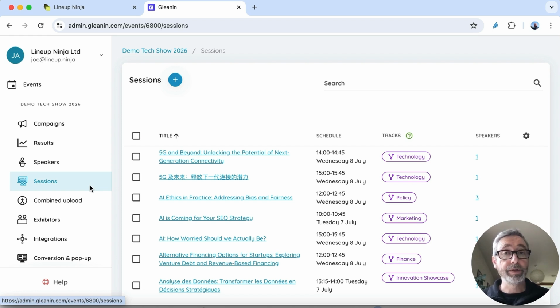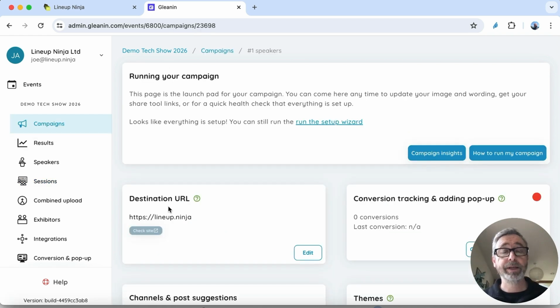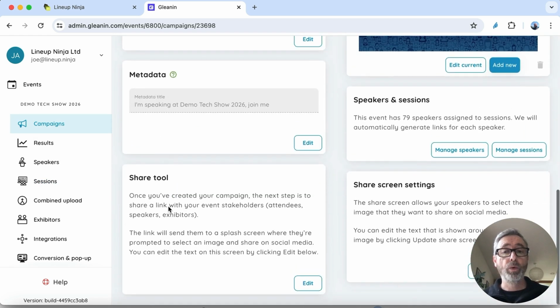Now we want to do something useful with it. So we're going to build a campaign. I'm not going to show you how to do that in detail. I will leave you in Gleanin support's capable hands, but I'm going to build one to show you what then happens next. Okay, so I've created a really basic campaign in Gleanin,